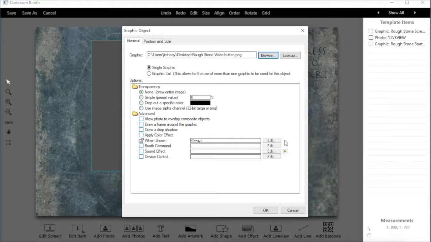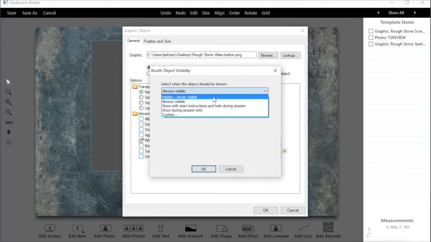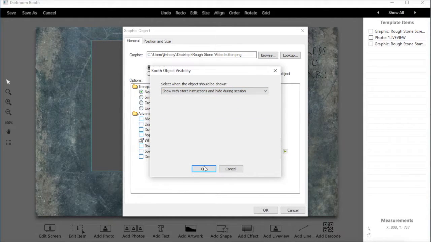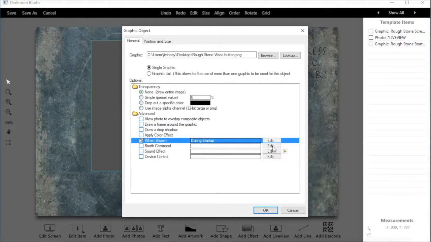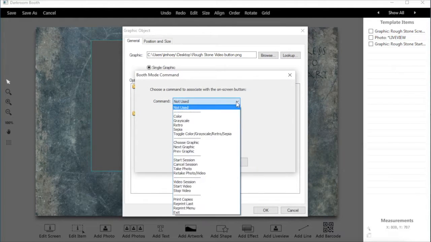Open that. Same thing, I need to make it visible only during the instructions. And for booth command, I need to make it start a video session. But I'm going to choose start video. I'm going to have it jump right into there. You can add different layers here. If I were to choose video session, I would have created additional buttons for this. And this would disappear. And now those other graphics that I add would only appear during the video session,